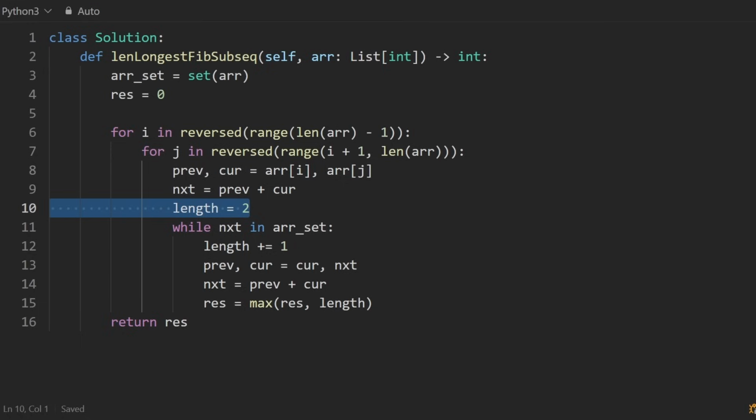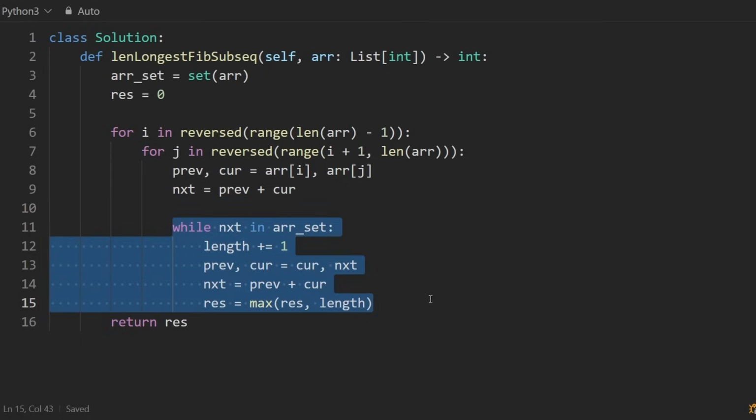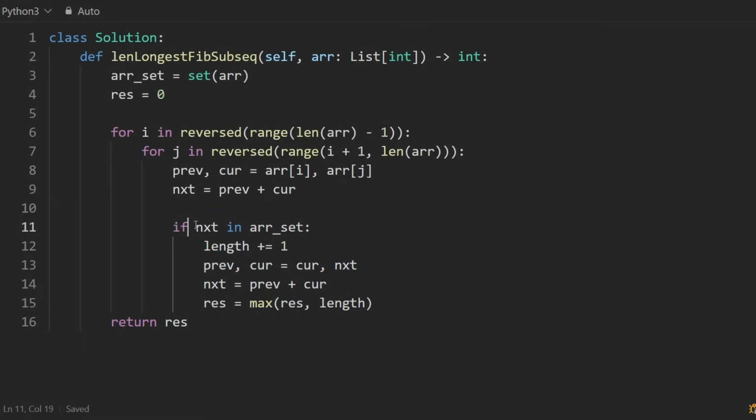I'm getting rid of length, and I'm going to get rid of this loop, but not quite get rid of it. I'm just going to change it into an if statement. And then I'm going to say, okay, if the next number is in there, fantastic. So then we can say our length is going to be this 1 plus,